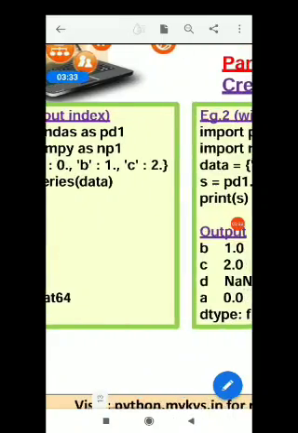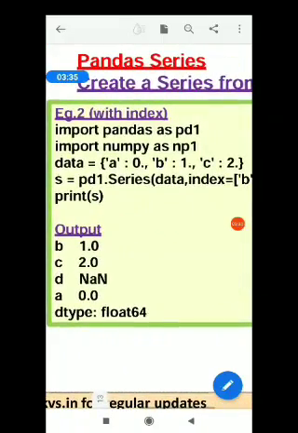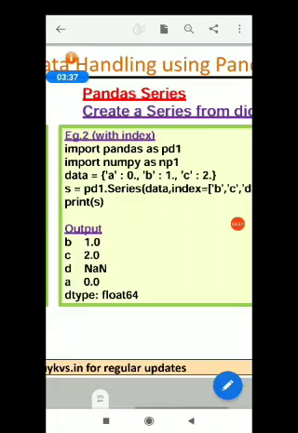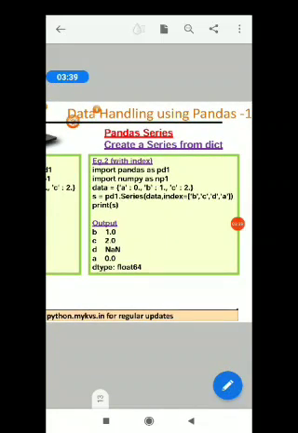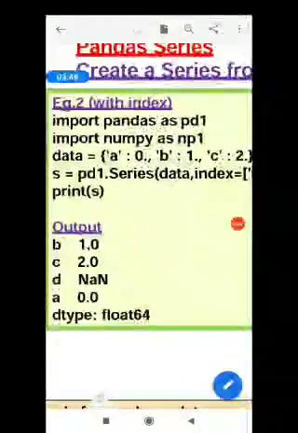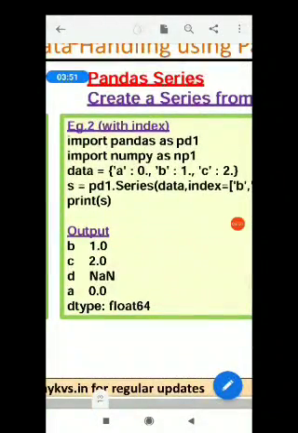If we move to creation with index, we can do it like this. See here what I am giving. Simply write the same program, import pandas as PD, import numpy as NP. The data dictionary is created just before.